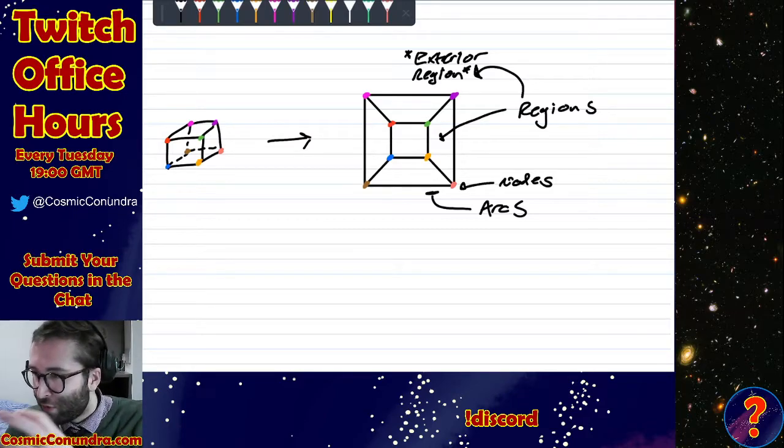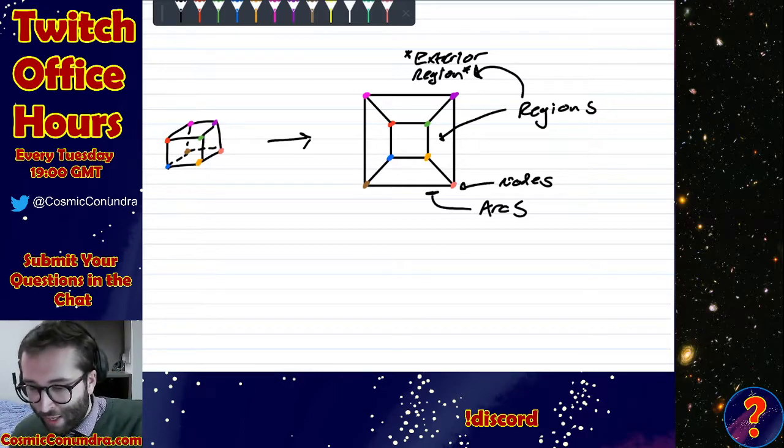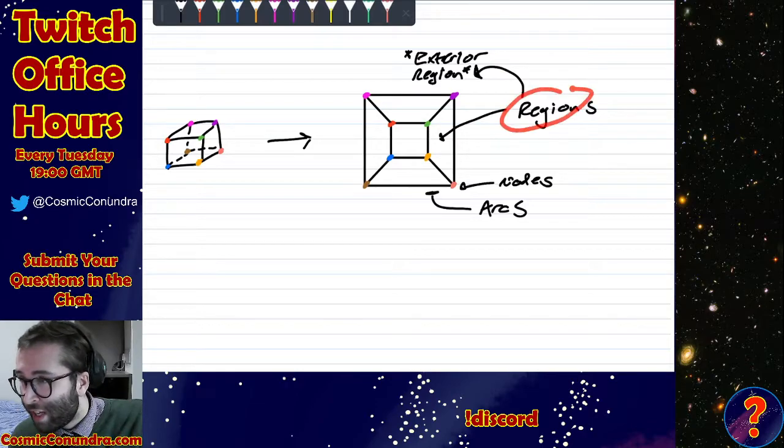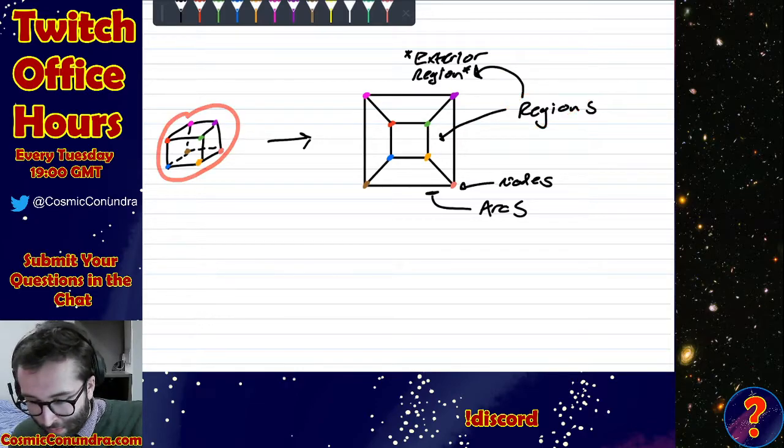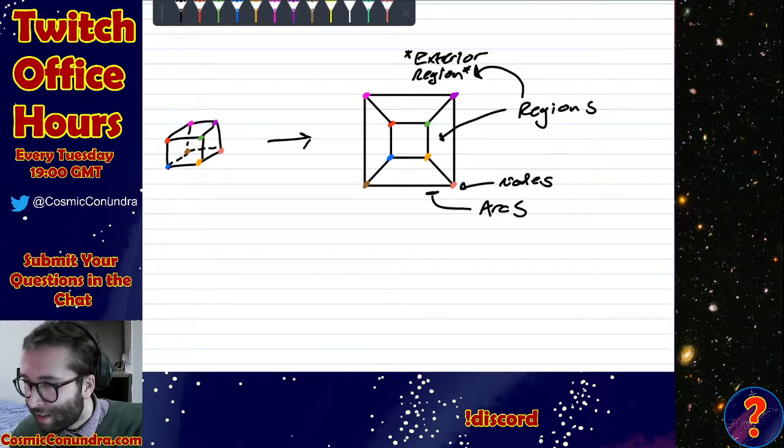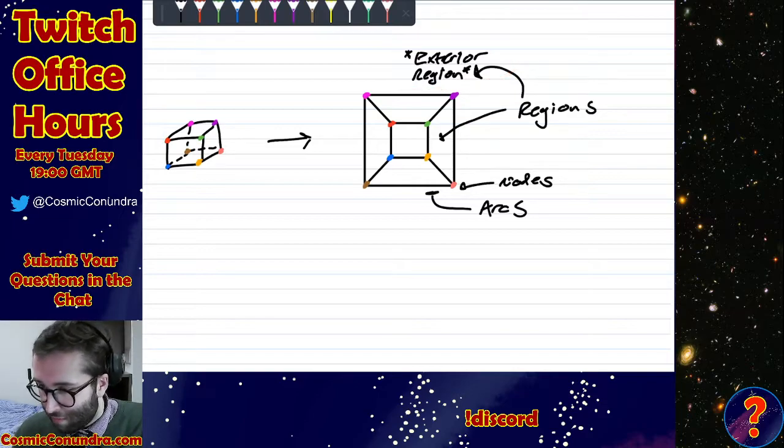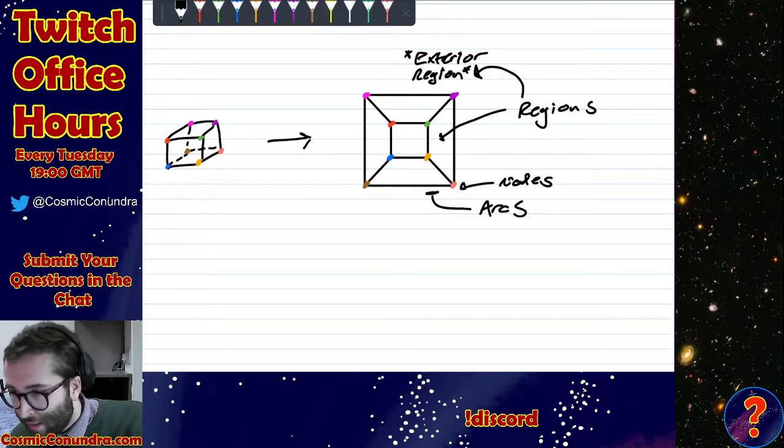We've stuck our hands through one of the faces and then pulled it inside out. Okay, so because we have this exterior region, that actually means that the number of regions is the same as the number of faces, because we've kind of got rid of one of the faces in turning it inside out. But then, because we count the exterior region as a region, the number of faces equals the number of